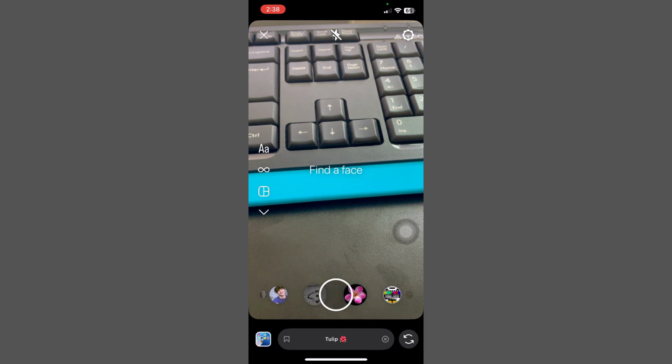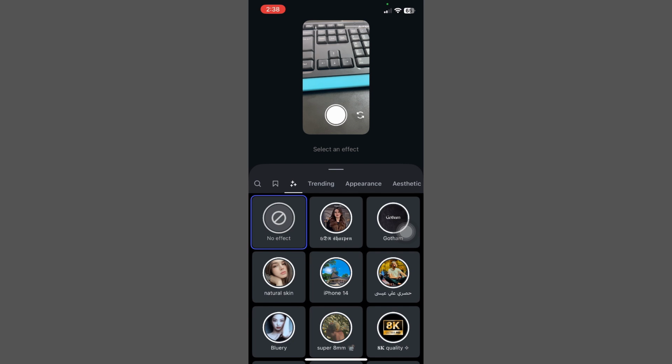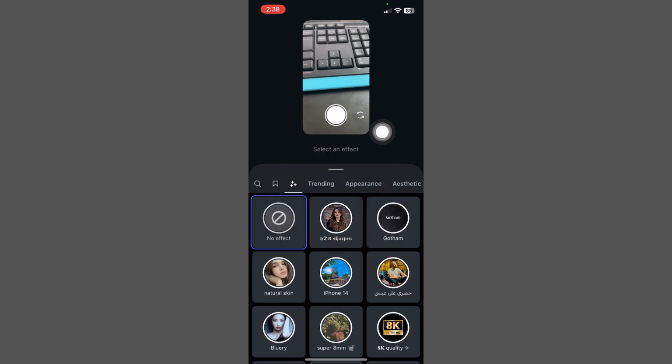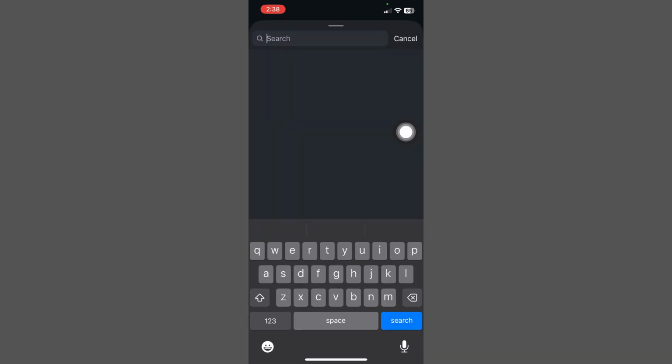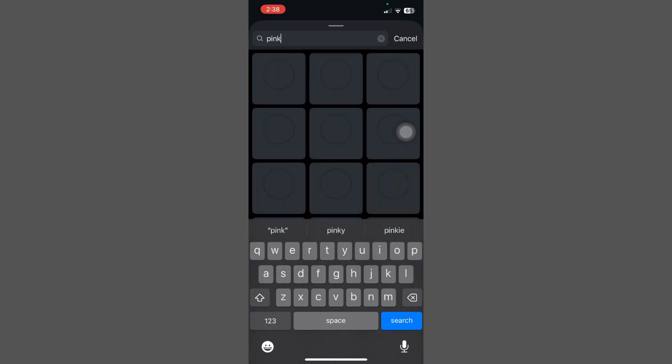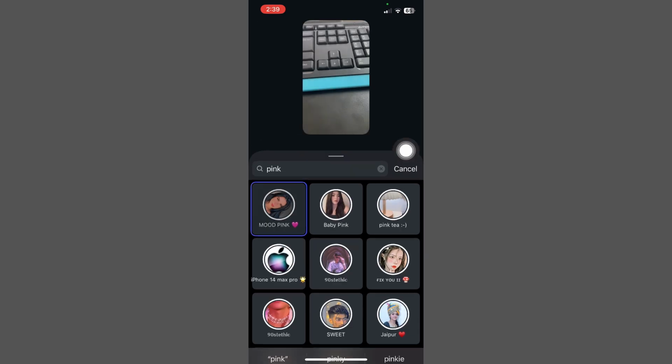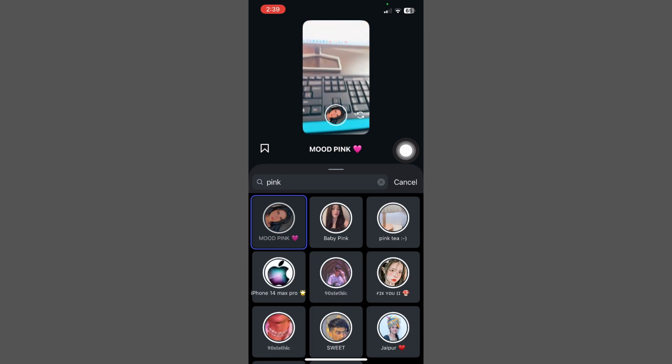Okay, then tap on this option, and then tap on the search option. Okay, tap on the search option and search for any filter. Okay, then search for pink, then all the pink filters appear. Just tap on a pink filter